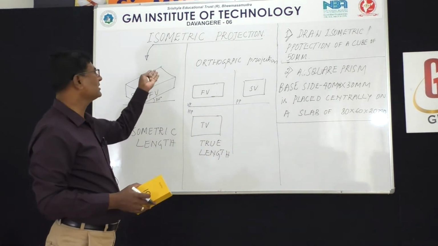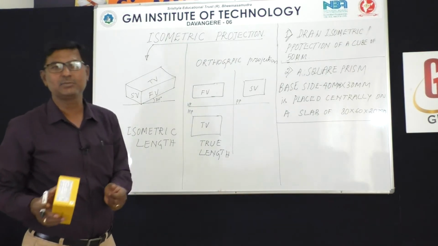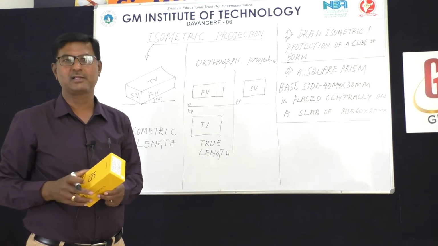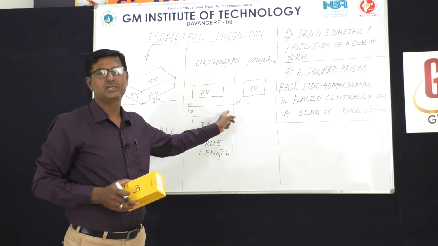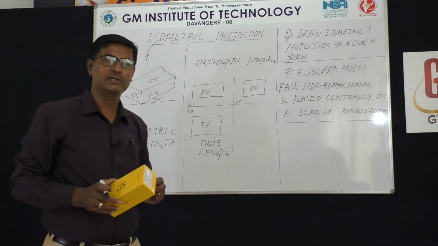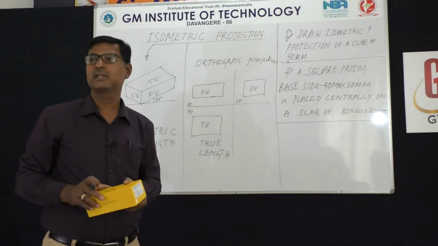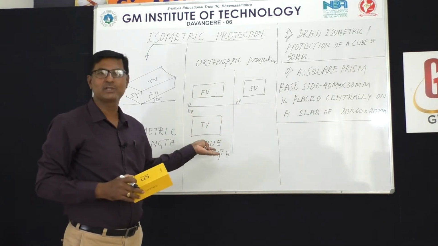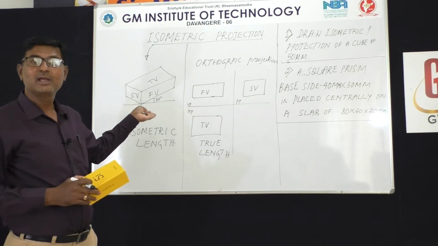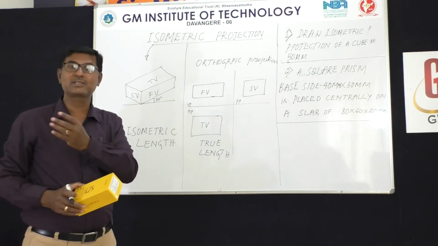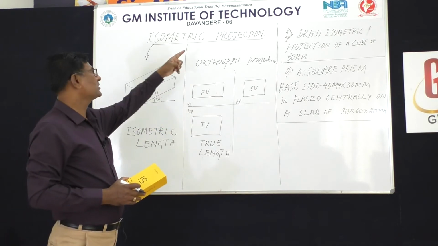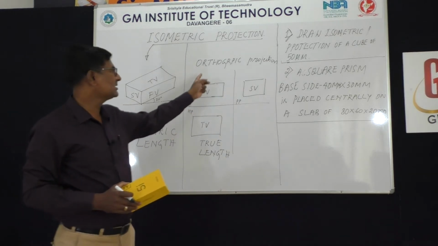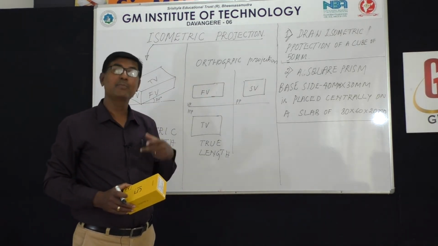You can ask me, then what is the use of this isometric projection? See, the customer has to be convinced about how his product looks like. Whereas here it's very difficult to convince. Even if you are going for a house construction, if a civil engineer wanted to convince, say, this is the top view of your house, this is the front view, and this is the side view, you will not be convinced with this one. Whereas this, he can easily convince the customer. That's why people used to say that isometric projection is for the customer, one who wants to be convinced, whereas this is being used for the manufacturer or maker.